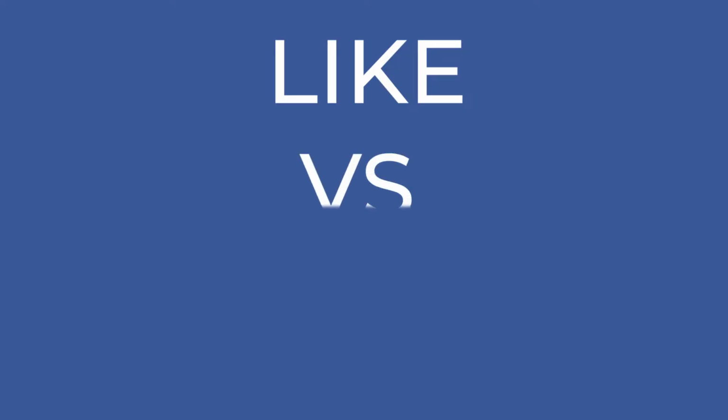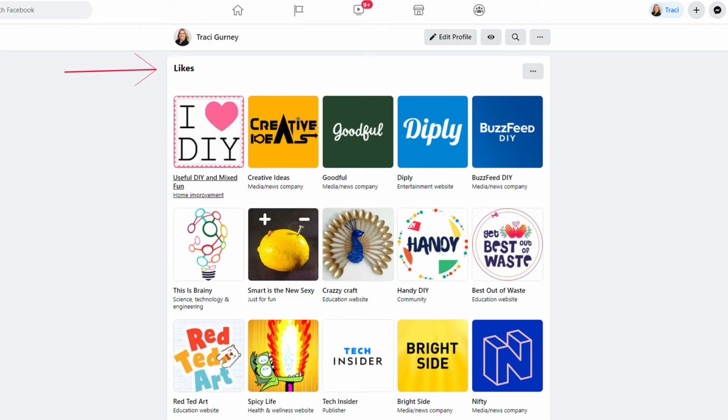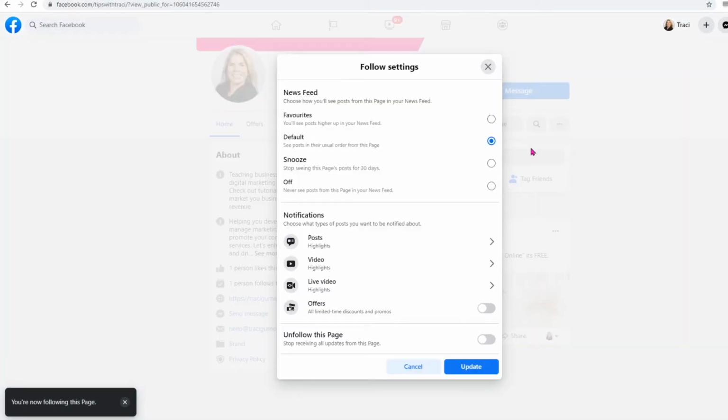What's the difference? Likes versus followers. A like on a Facebook page means your visitor wants to see content from your page and are comfortable having your page show up as being liked in their About section on their profile. A follow means they will receive updates about your page in their newsfeed. They can even customize what type of updates they see and where the information is presented within their feed. And what that all means is people who like your page will automatically follow it.